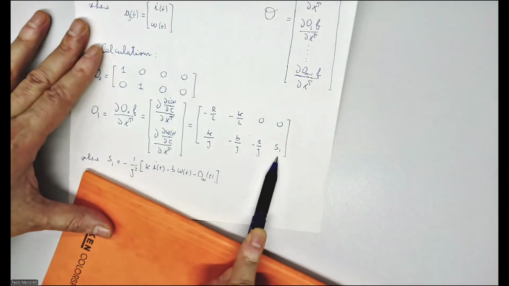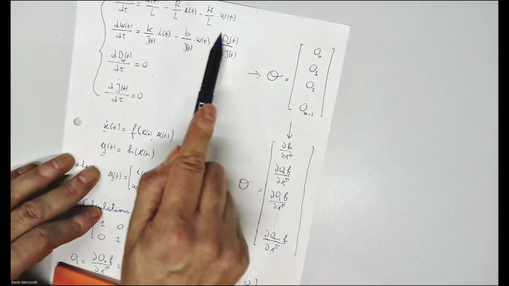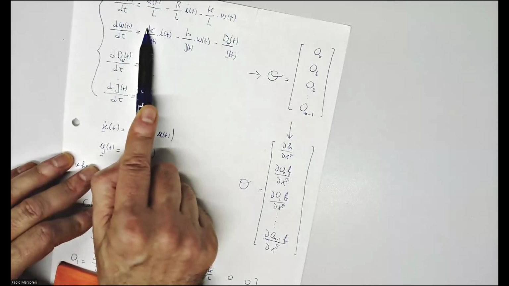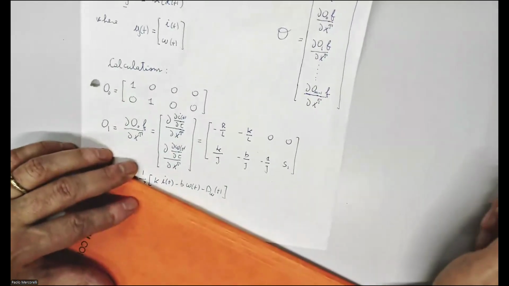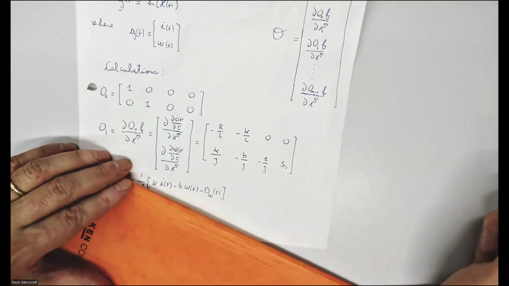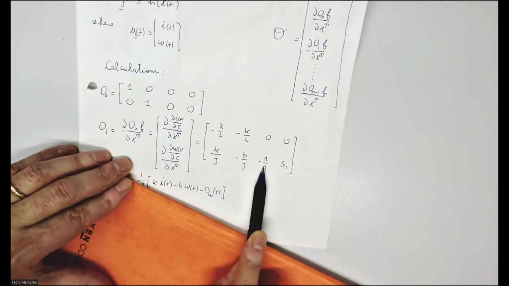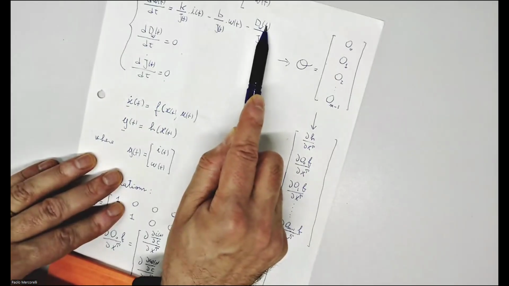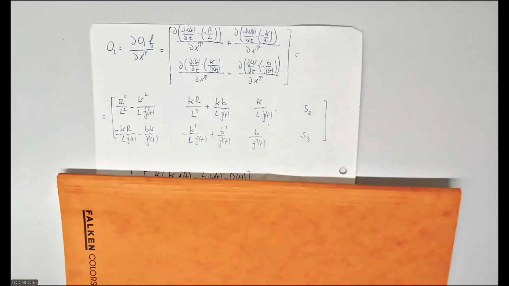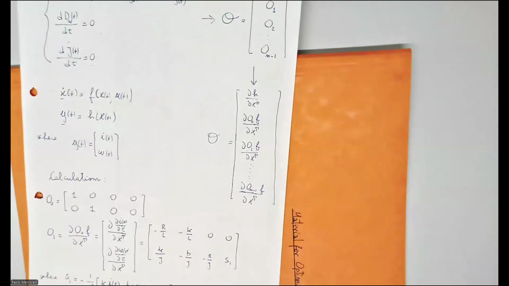S1 is a little bit complicated because it's the derivative of this expression with respect to J. This is easy, 1 divided by J, because it's the derivative of this with respect to D, which is minus 1 divided by J. Of course, if you go ahead, the calculation is complicated. Therefore, I told you last time the method with MATLAB. And at the end, nevertheless, I have here, as I told you last time,